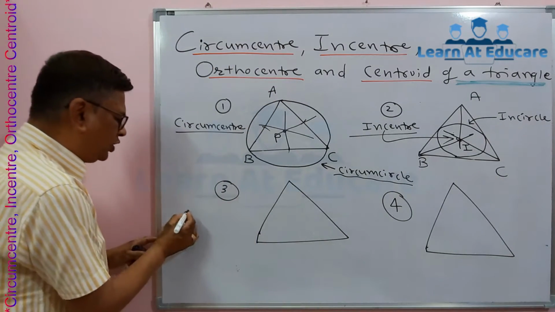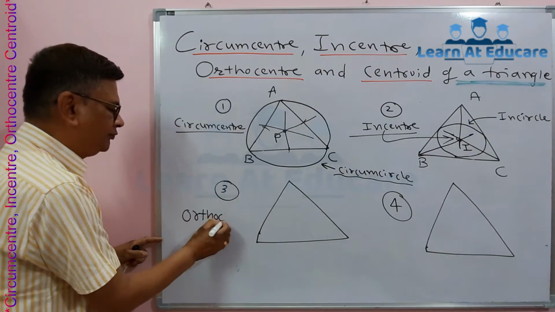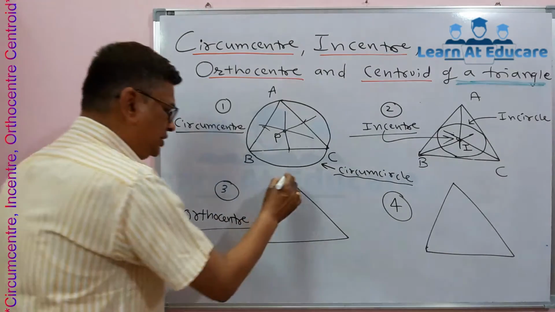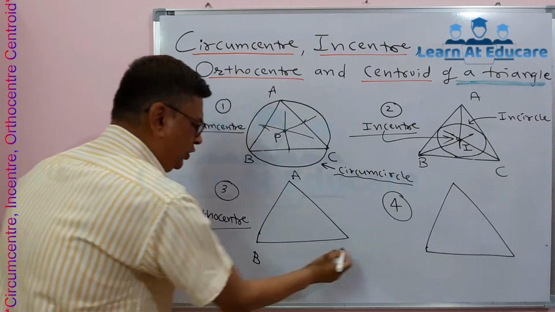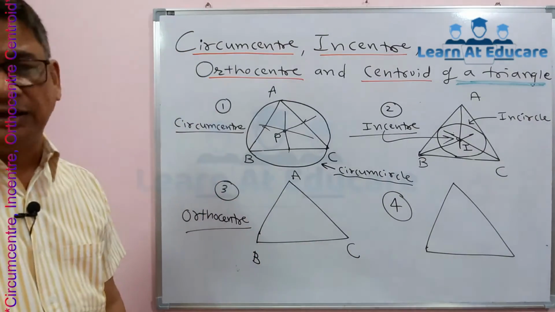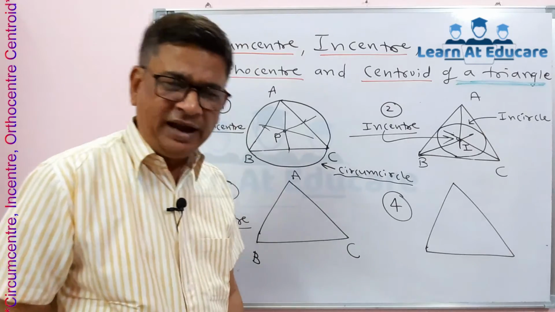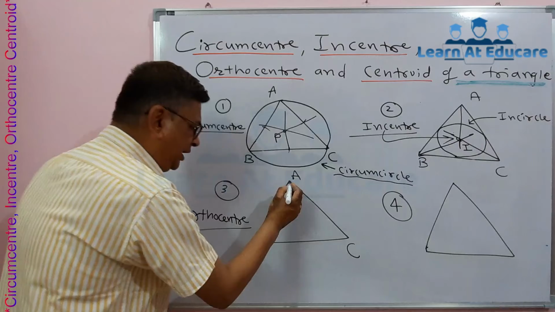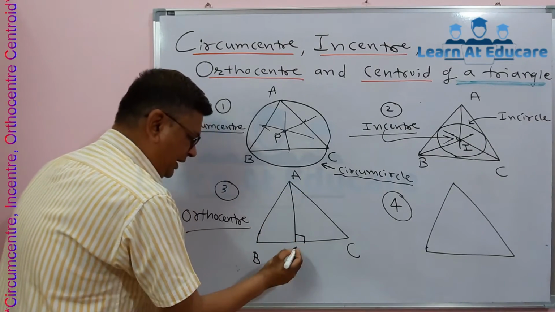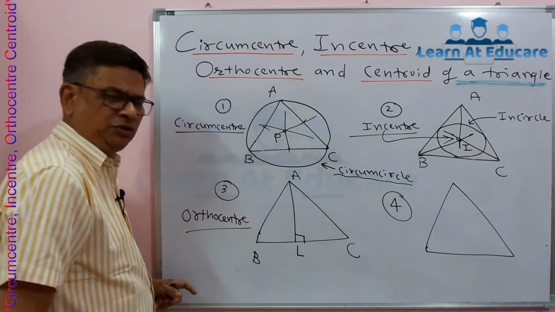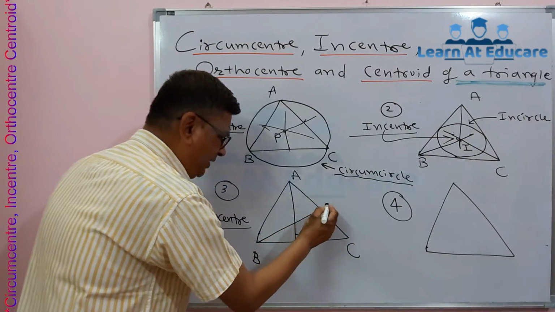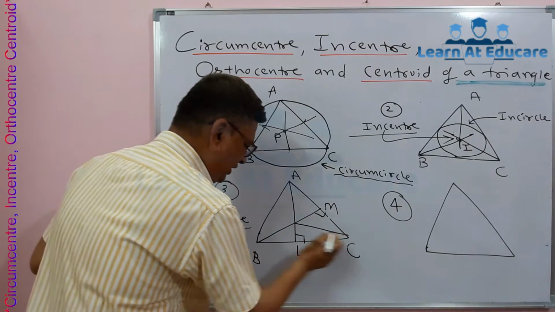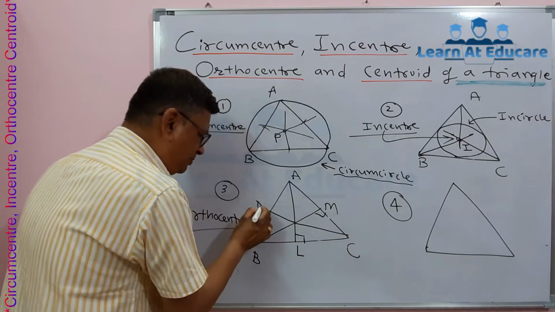Now we deal with orthocenter. The orthocenter of a triangle is nothing but the point of intersection of all 3 altitudes of a triangle. All 3 altitudes of a triangle are also called heights of the triangle. Suppose this triangle ABC, and you have AL perpendicular to side BC, suppose this BM perpendicular to side AC, and suppose this CN perpendicular to